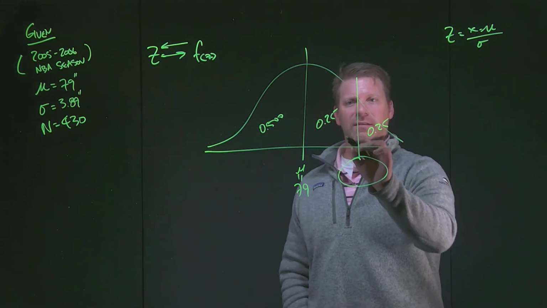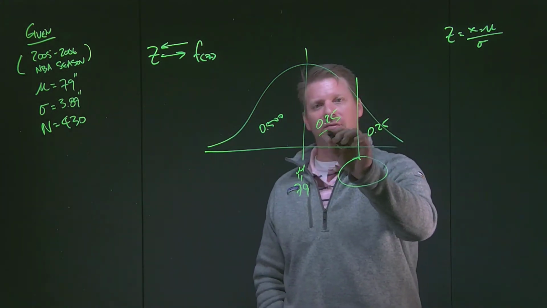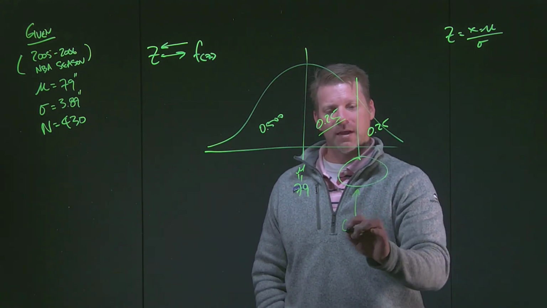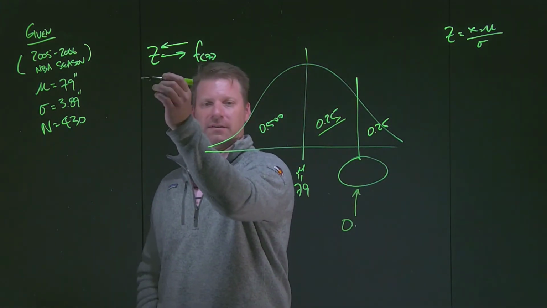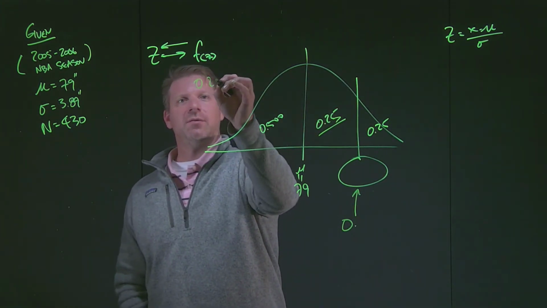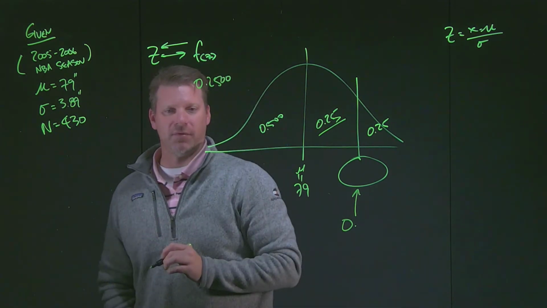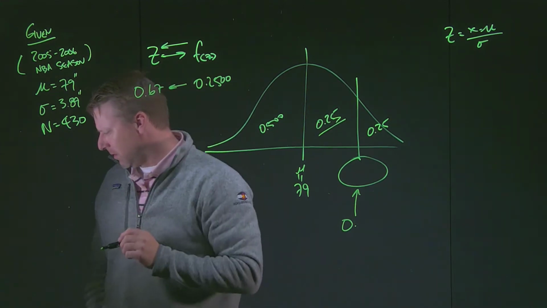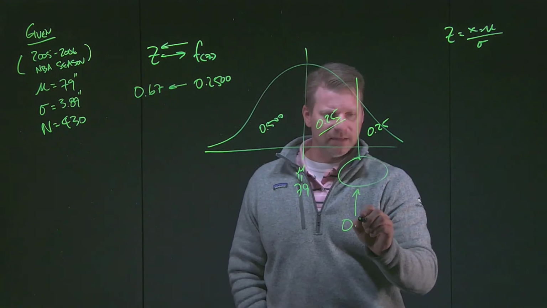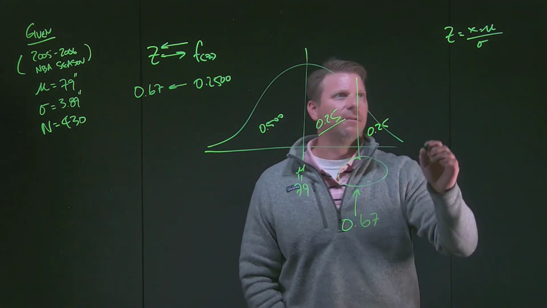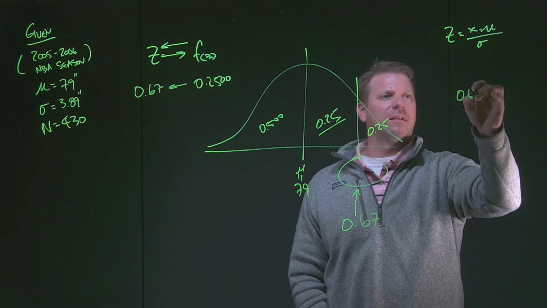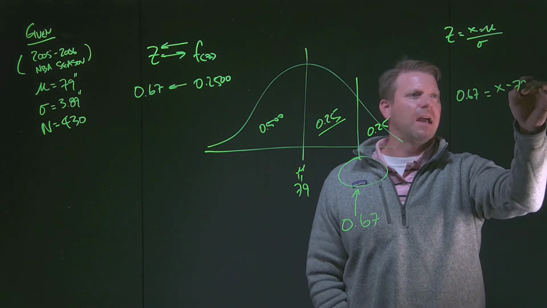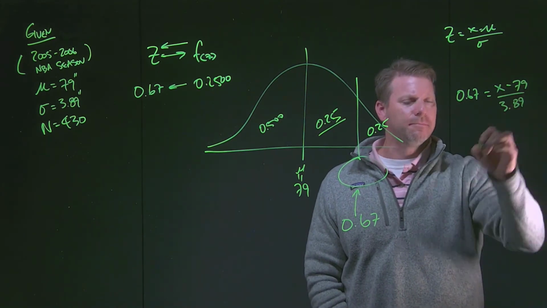The first thing we can do is say, all right, what do we know? Well, we can use this 0.25, this area underneath the normal curve, and if we work backwards in our table, with 0.25 somewhere around there, it's going to get us to a corresponding Z value right around 0.67. So the Z value that lines up to this value of X is 0.67. We're going to put that in our formula: 0.67 equals, we don't know what X is, that's what we're looking for, minus our 79, divided by 3.89.